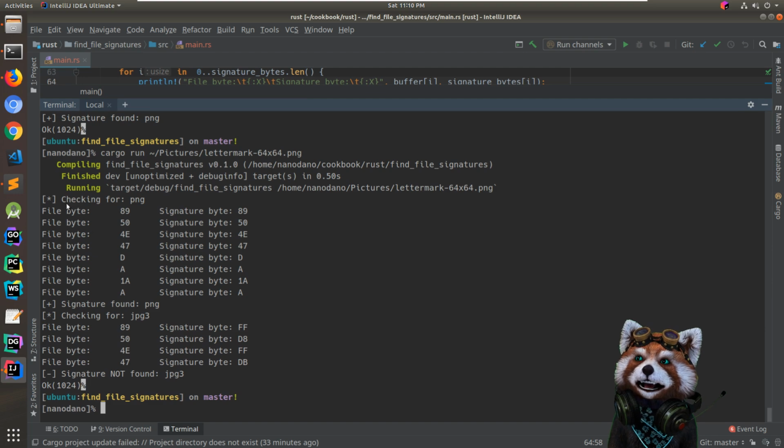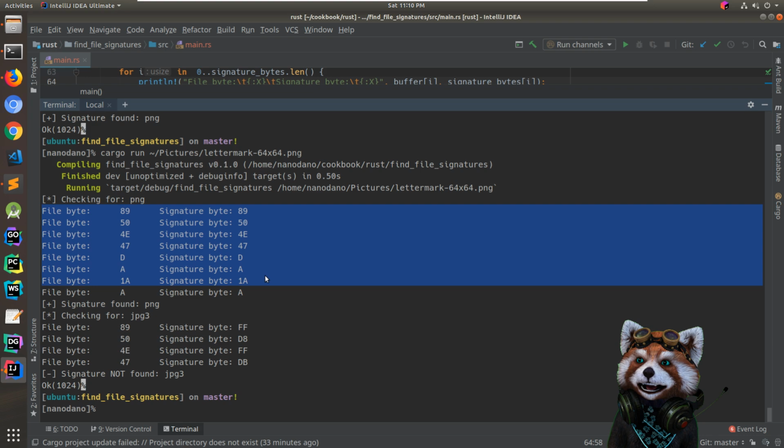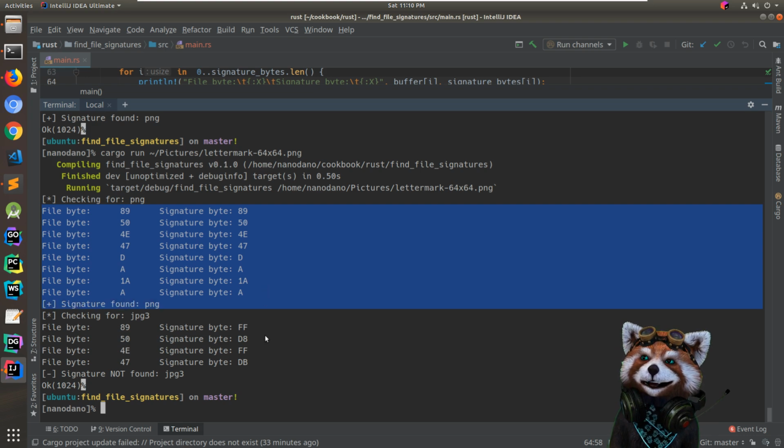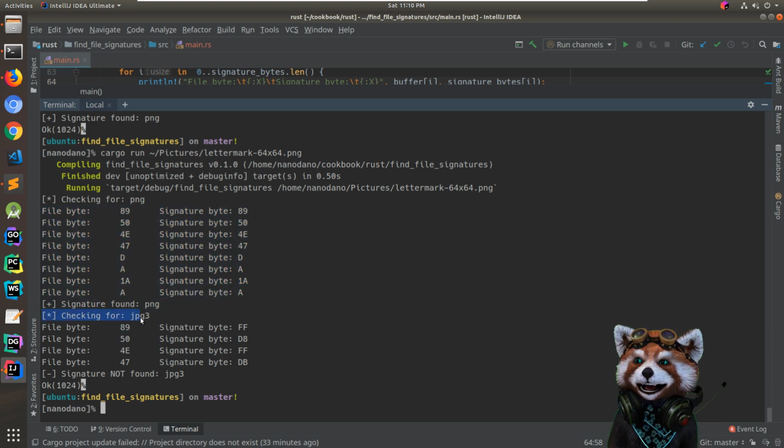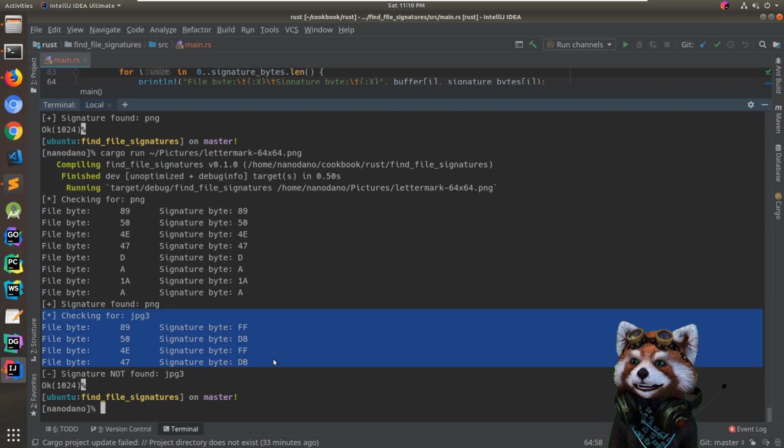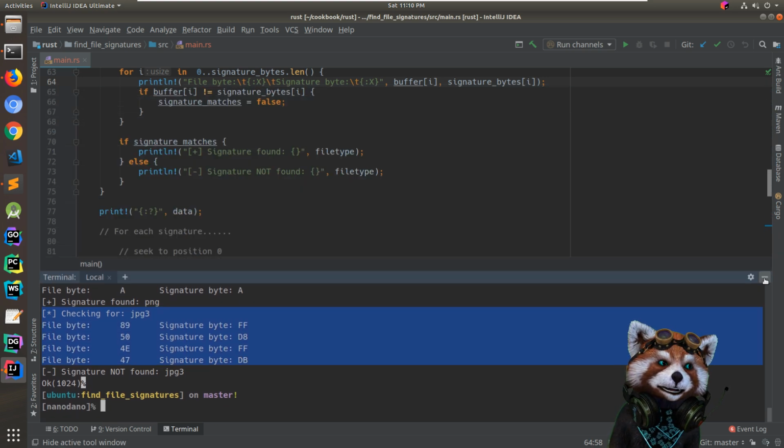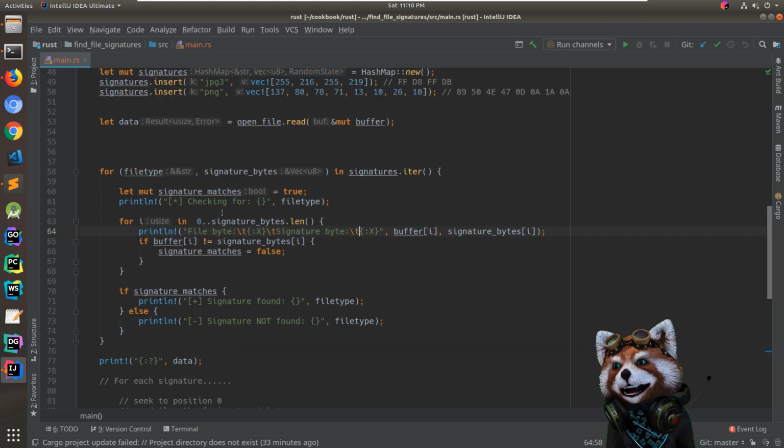So now we can see, okay, checking for a PNG, and we can see each byte as it goes through and checks for it. Match, boom, signature found. And then here we can say, checking for JPEG, boom. So what we could do, I'm not going to do it now, but like, here